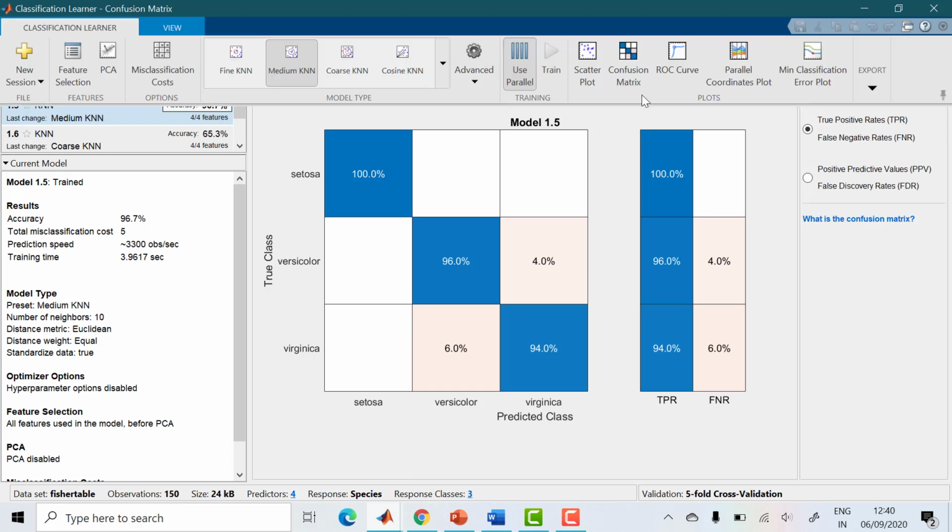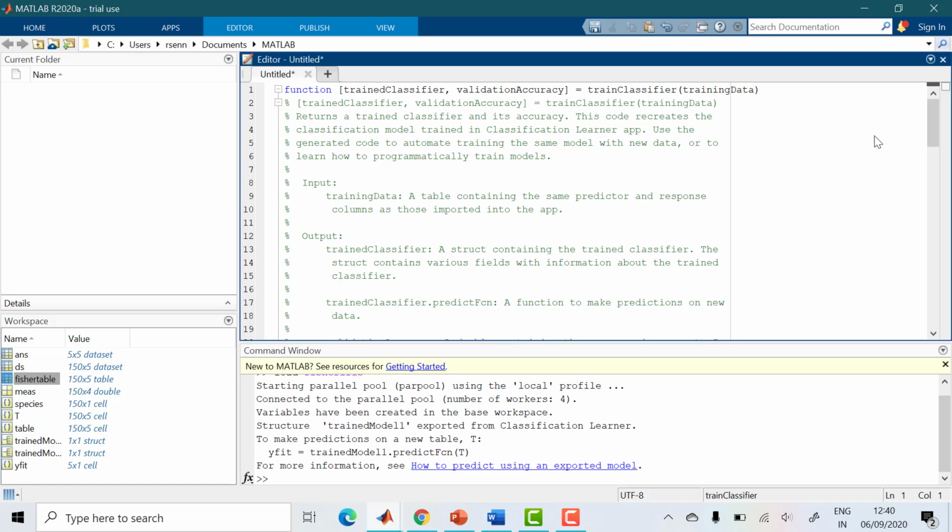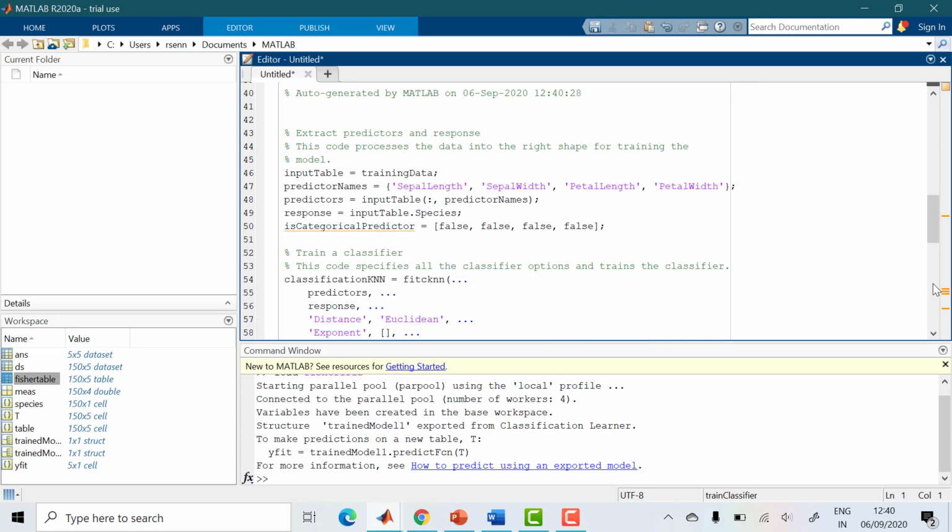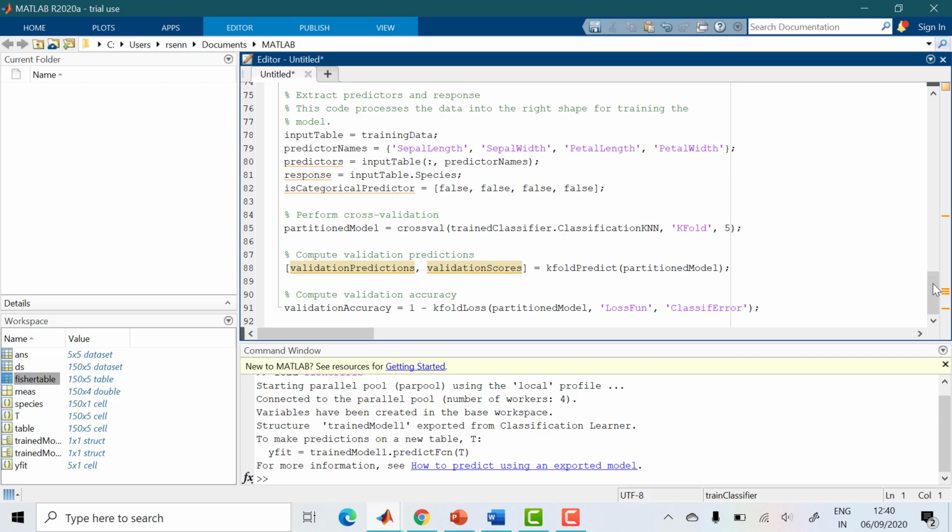Other ways, there are 2 options in export. Generate function file. You can generate it as a function file and then you can change whatever you want inside. See, for example, if I choose generate function file, it will come like this. Exactly the model. You may ask why I have to use the toolbox, I will use the coding. Yes, of course. Simple. You can create this model and then the code will come here. This is the code. Can you see here? Predictor names, predictors. You can change anything you want in this. Instead of you writing the code, you can export the code and change wherever you want. Okay. So this is the use of generated code.